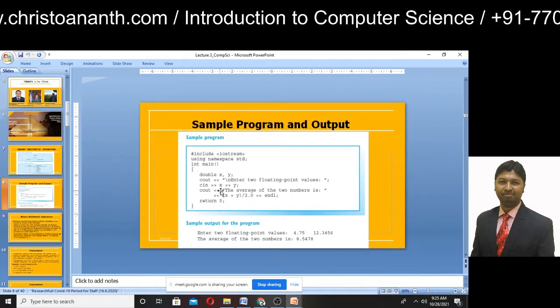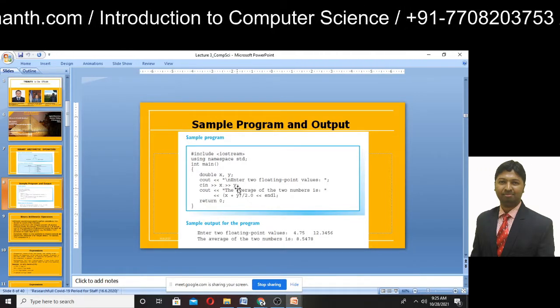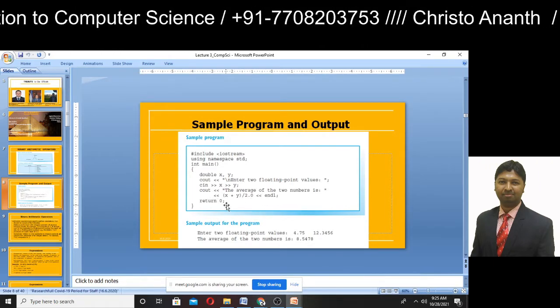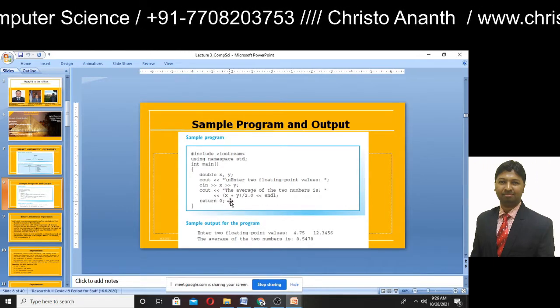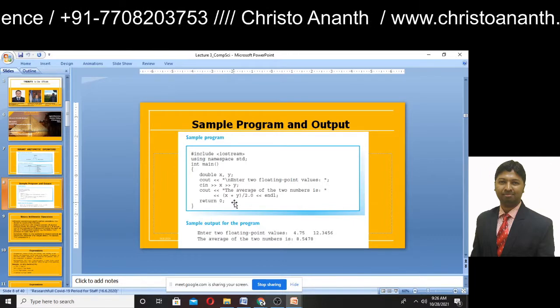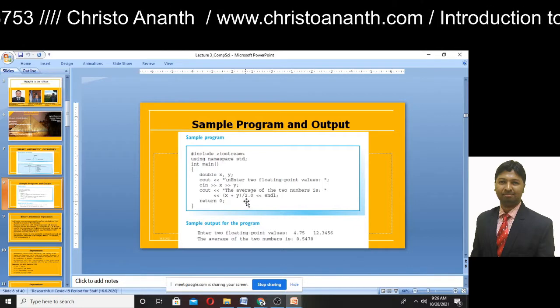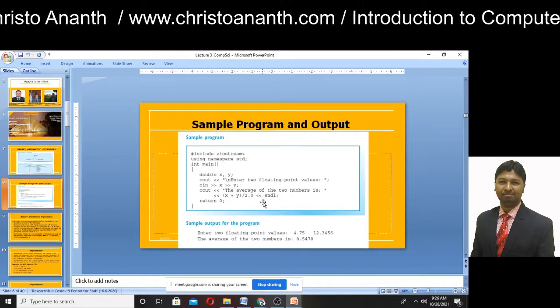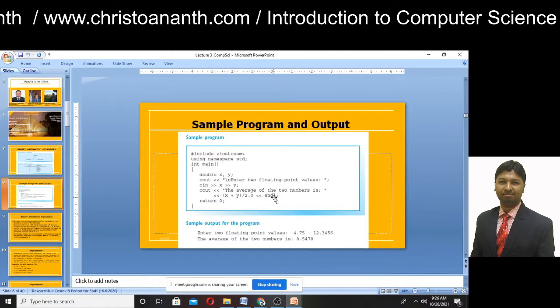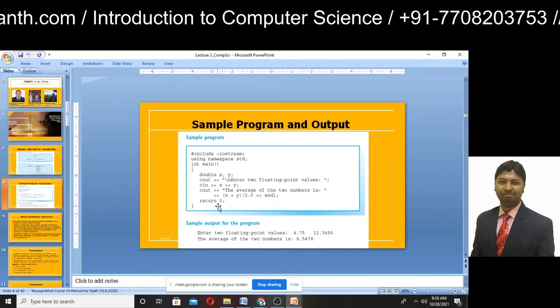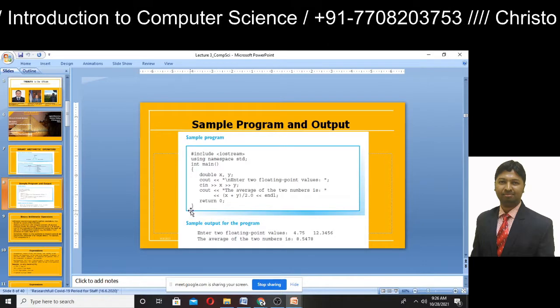Then cin x and y, and cout: average of two numbers is (x + y) / 2.0. We write 2.0 and not 2 because it is a floating point value. Then return 0.